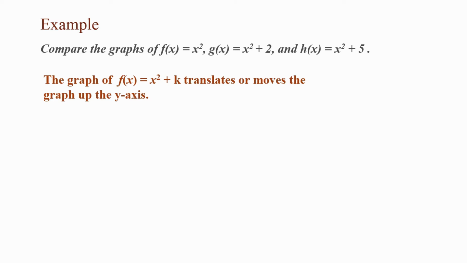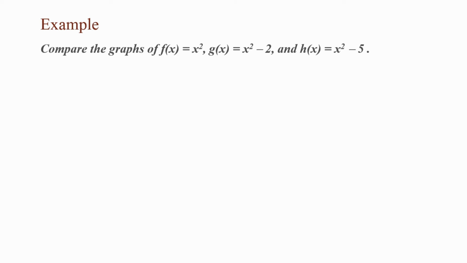The graph of f(x) = x² + k translates or moves the graph up the y-axis. For this example, compare the graphs of f(x) = x², g(x) = x² - 2, and h(x) = x² - 5. Going back to our calculator,